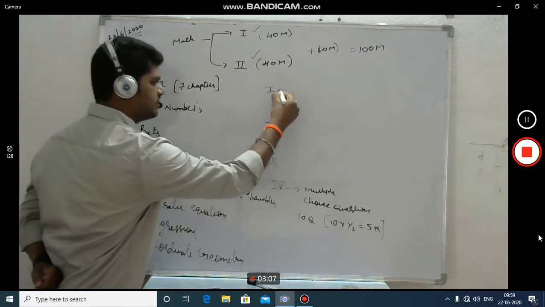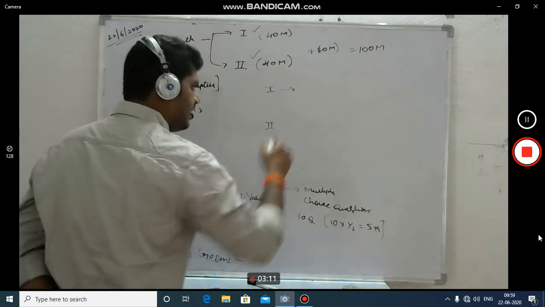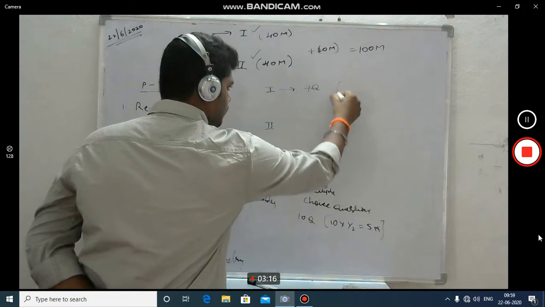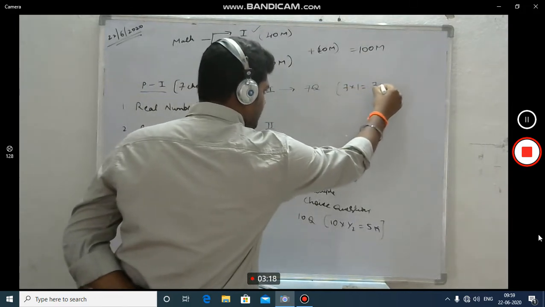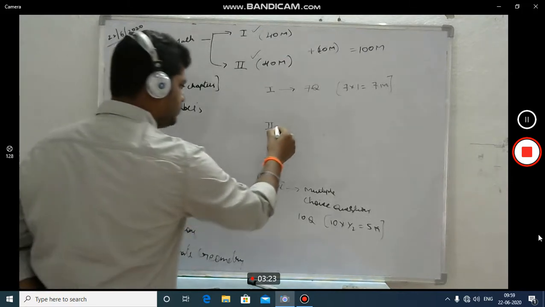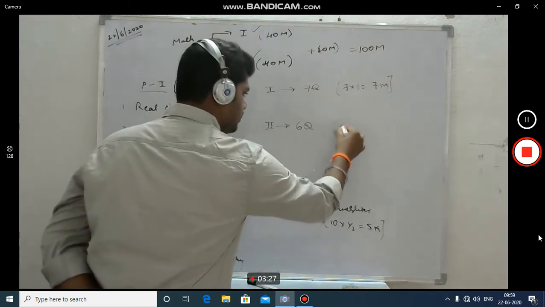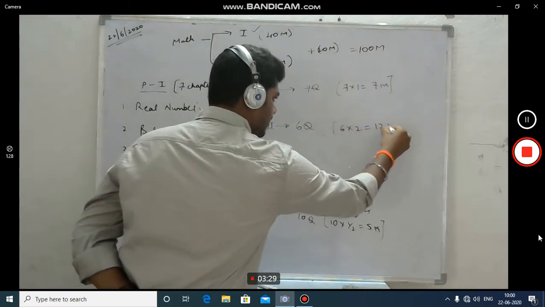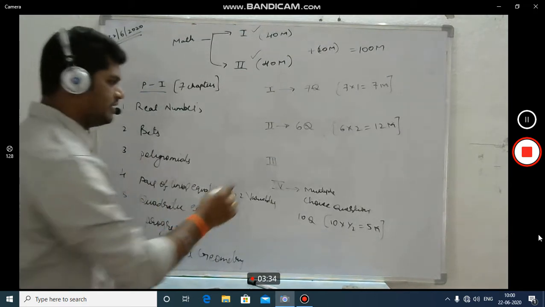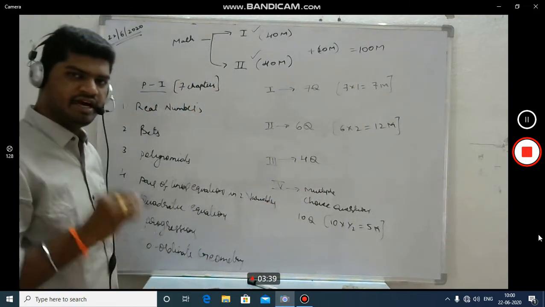Coming to the first section, we have 7 questions. Each carries 1 mark. So 7 into 1, 7 marks. There is no choice in section 1. And section 2 has 6 questions. Each carries 2 marks and total marks are 12 marks, and in the second section also we don't have any choice. Section 3 we have 4 questions. In that we have internal choice.